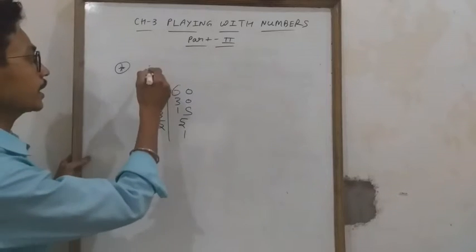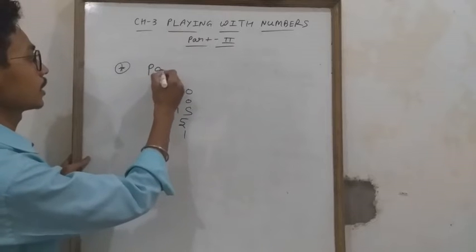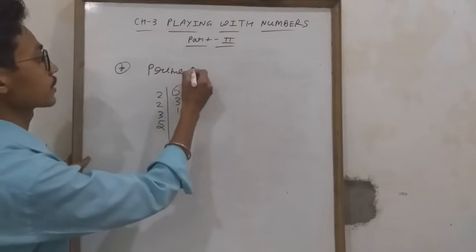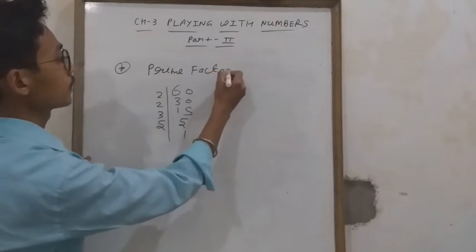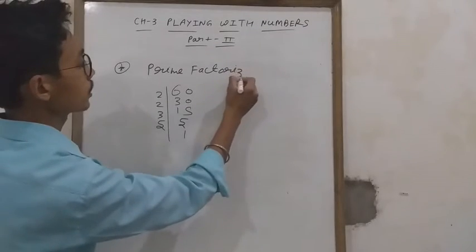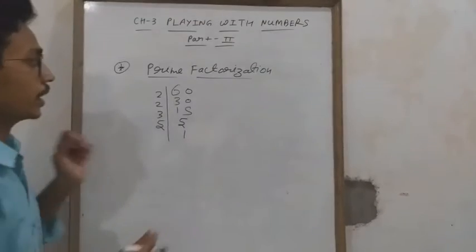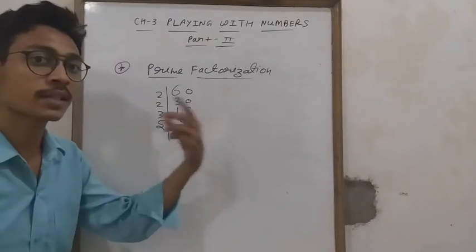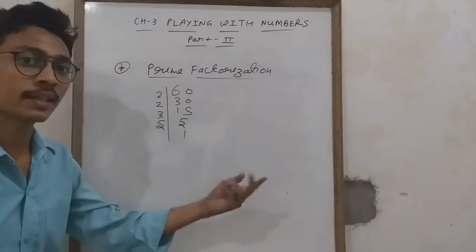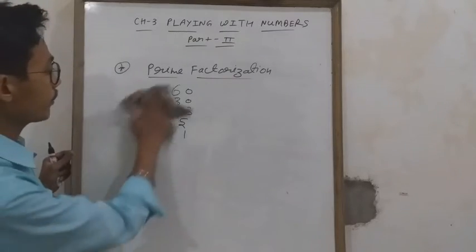The first is the tree method and this is simple prime factorization. Clear, everyone? So one is the tree method and this is simple prime factorization. Here this prime factorization is very important because we will use it in HCF and LCM. So now our next topic is, students,